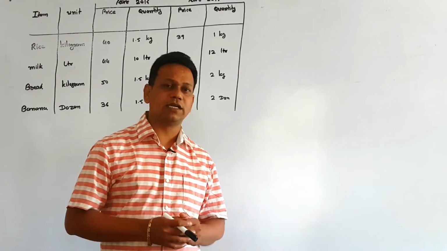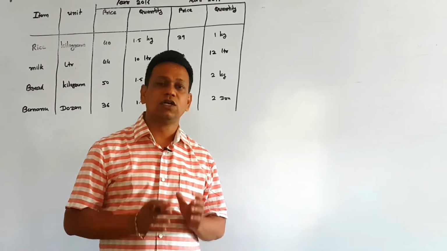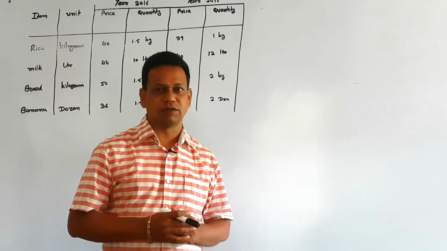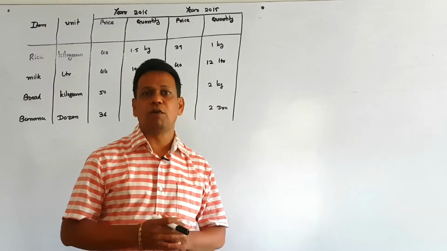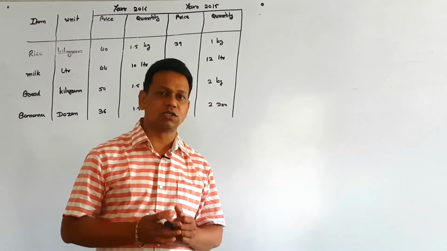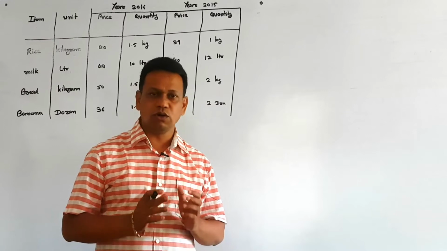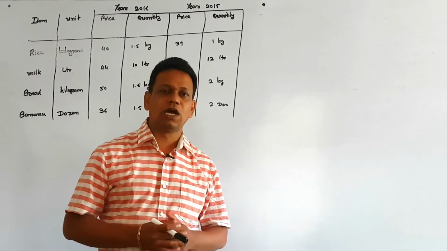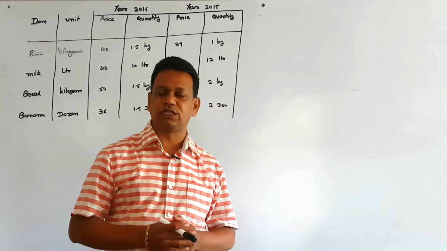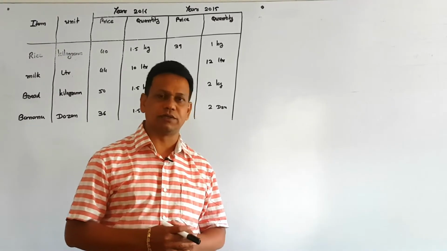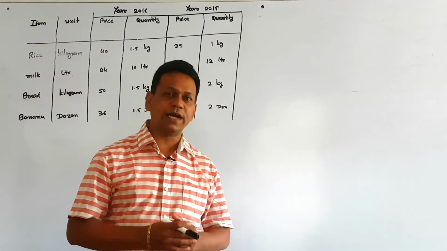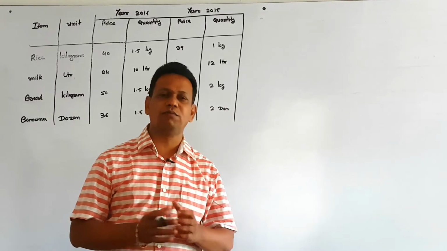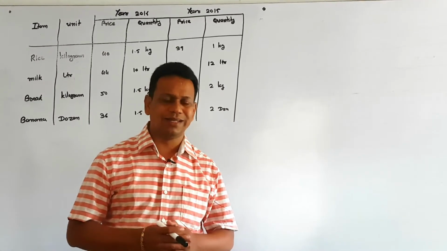The second important part is that Fisher's index number satisfies two most important tests, the time reversal test and the factor reversal test. It also gives importance to the current year's price and quantity, and also the base year's price and quantity. So whenever they ask to obtain an ideal index number, there is no doubt we always have to find Fisher's index number. But for this example, they are asking to find the Laspeyres index number, Paasche index number, and Fisher's index number. So one by one we are going to solve all the indices.